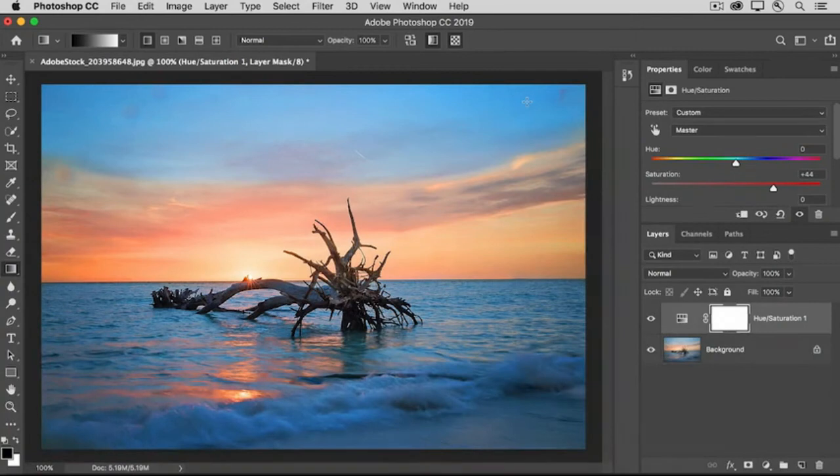Now remember, we want to hide this adjustment from the bottom of the image, but have it appear toward the top of the image where there's sunset. So I'm going to start at the bottom of the image, where I want black to hide this effect, and I'm going to drag this line up toward the top of the image. Now the length and direction of this line will change the effect that it has, and you often have to do this several times,